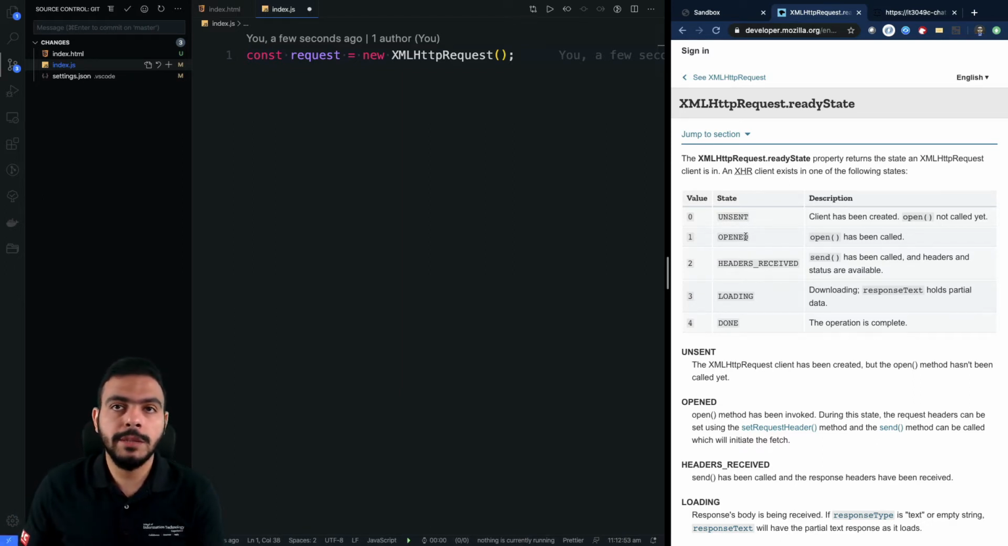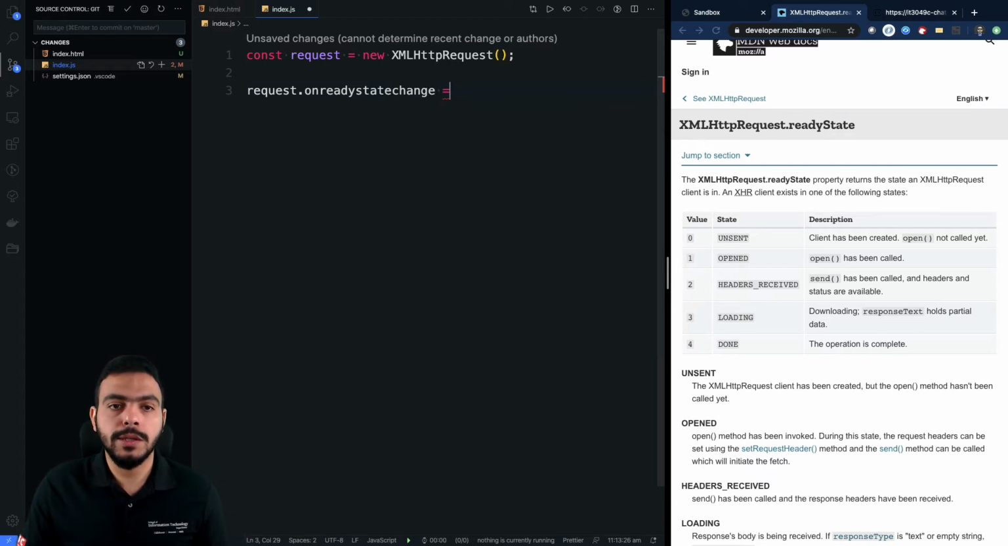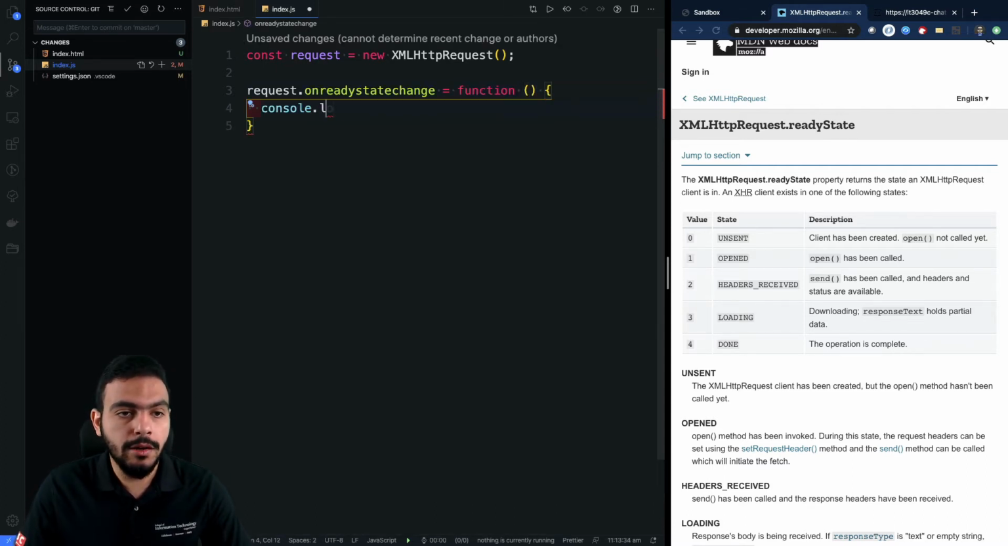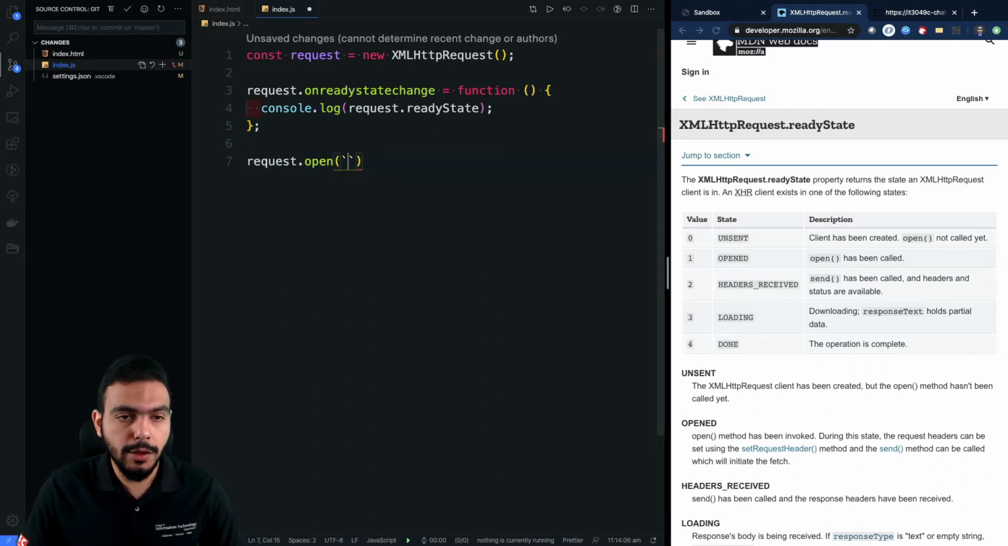Using this low-level HTTP request API, we're gonna wanna know when these states are being changed. So when it changes from opened to headers received or to loading and done, we're gonna wanna know about that change. So here we'll use request.onreadystatechange. This is a property, but we can assign it a callback function that gets called every time the state changes. So here I'm gonna create a function, and all I need to do right now is log request.readyState. Now let's go ahead and open our request, request.open, and you need to specify the method first, so